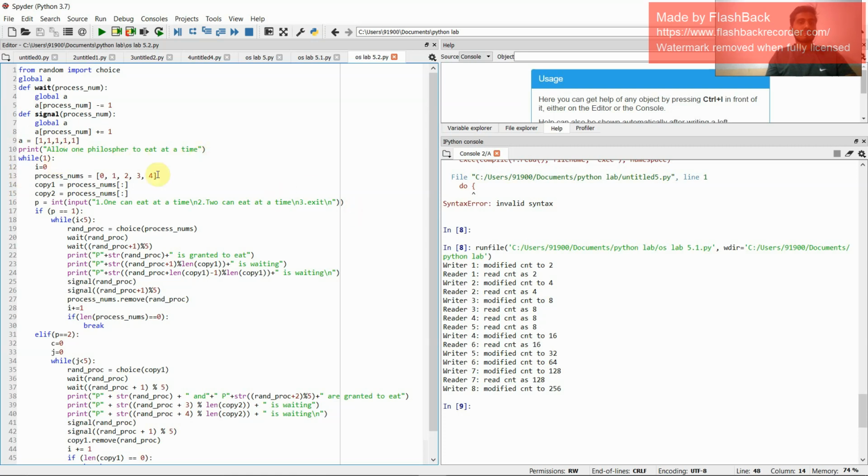at a time. Okay, we are initializing the while with i equal to 0 and process number equal to 0, 1, 2, 3, 4, and copying: copy 1 is equal to process numbers and copy 2 is equal to process numbers, and p equal to int 1 or 2 at a time, and exit, and while i less than 5